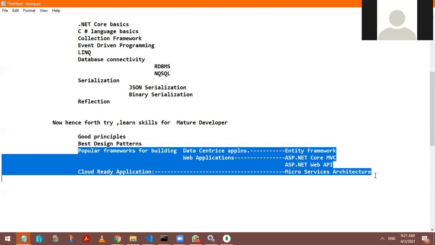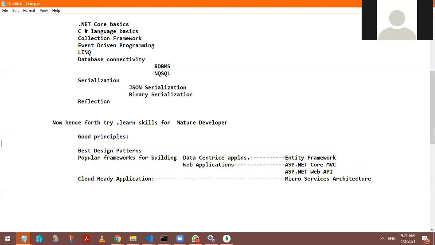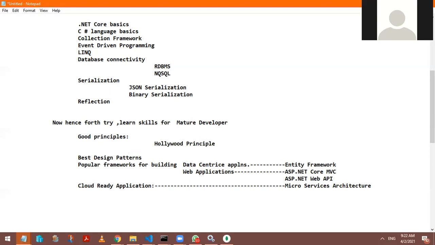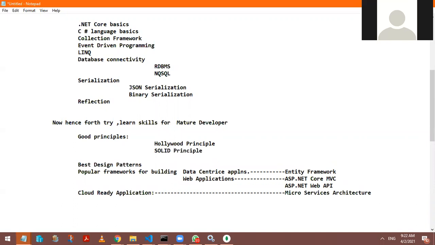That will give understanding of that particular object model, so that from Monday morning we will start learning the Hollywood principle. We'll try to learn the SOLID principles, because all these principles have been used in .NET Core and ASP.NET. Then we'll start focusing on web applications.